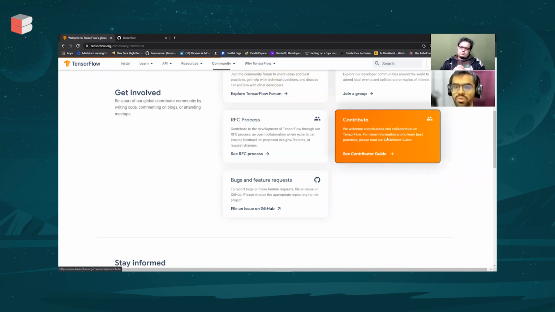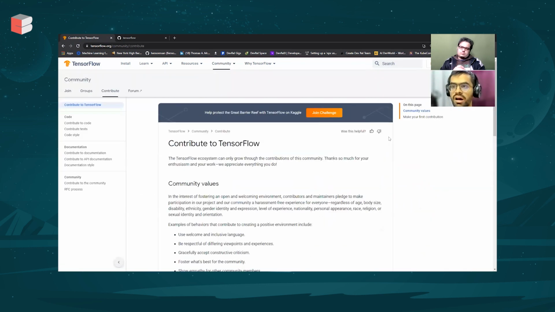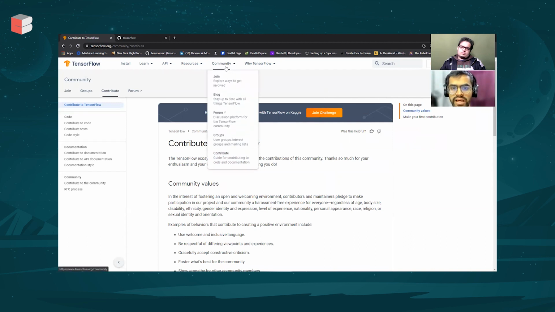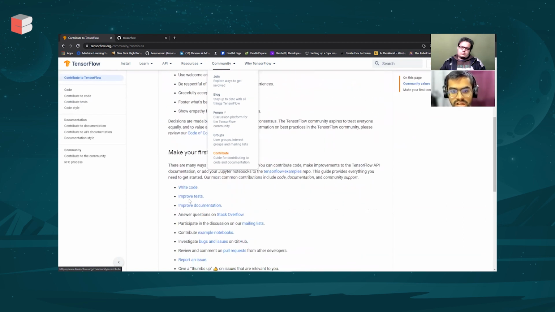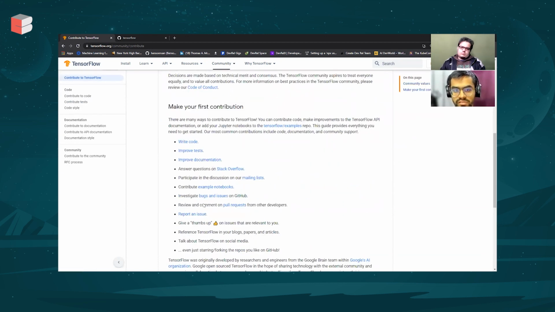And if you want to contribute, there are certain things, including how to contribute code and what some of the guidelines are that you should be aware of. All of that has been well documented in this community section, right? And even if you don't want to contribute to the code, you can always contribute by being part of these user groups, by contributing to the translations and documentation. These are all the different ways in which you can contribute: answering questions on Stack Overflow, answering questions on the Discourse platform, reporting issues, reviewing pull requests.